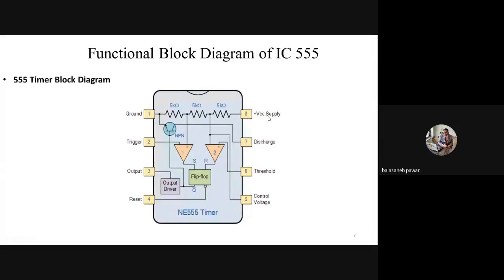So if we take the example of again the same VCC, that is 12 volt, then for the second comparator, the reference voltage will be 12 into 2 divided by 3. Is it? So it will be 8 volts. It will get double as compared to the first comparator. Agree with this? Then there is an inbuilt flip-flop, then the output driver stage, to improve the output current capacity, or we can say the sourcing capacity of this device. And how these remaining pins are used, that also we will discuss whenever we will study its application as astable multivibrator. Okay.